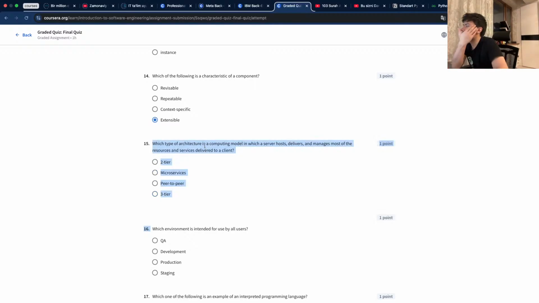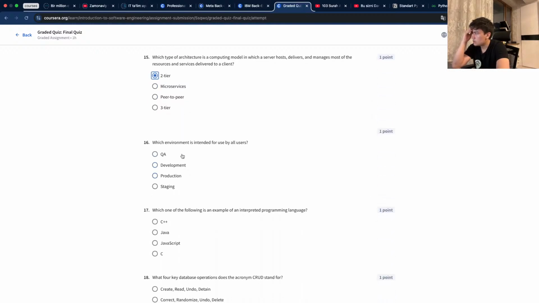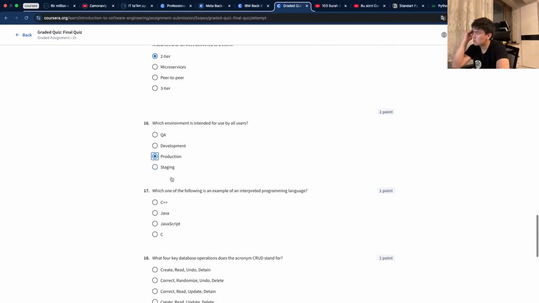Which environment is intended for use by all users? Production.